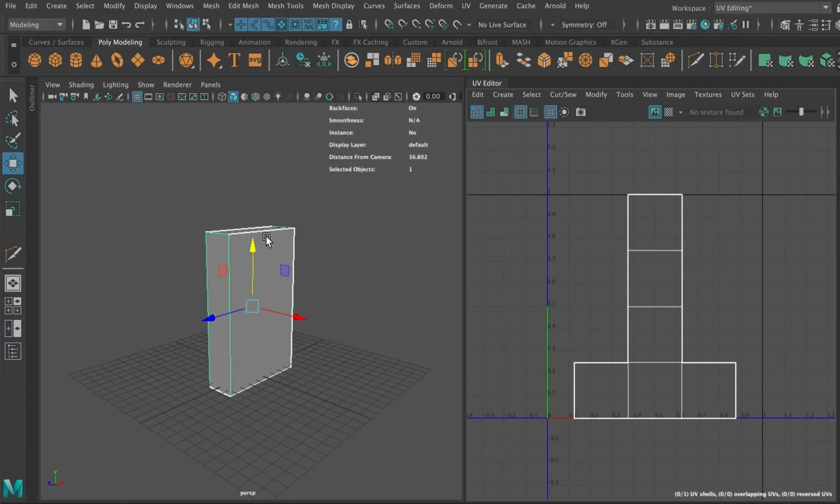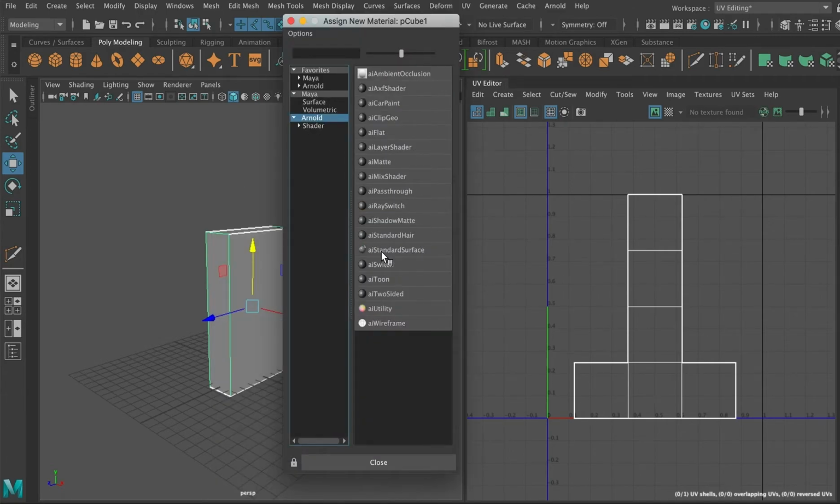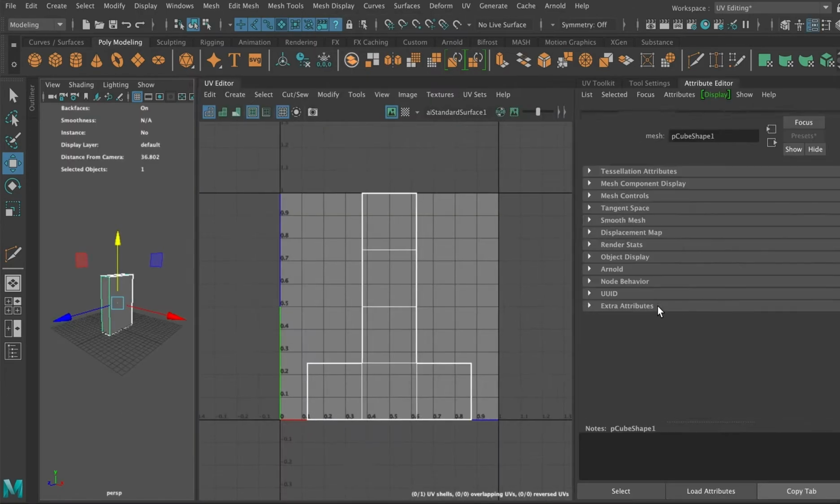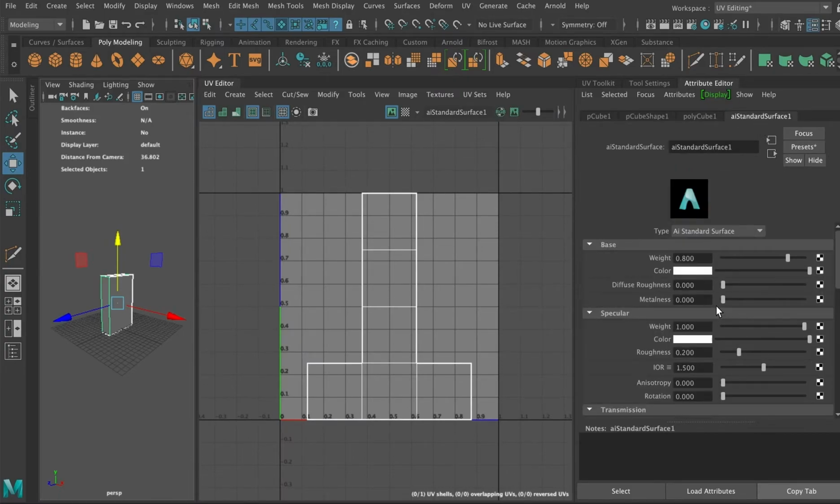But the first thing I want you to do is just apply a new material actually. So apply a Lambert, or I'm going to use Arnold today, so I'm going to assign a new material and use the aiStandardSurface. And then in the lesson files we've got the